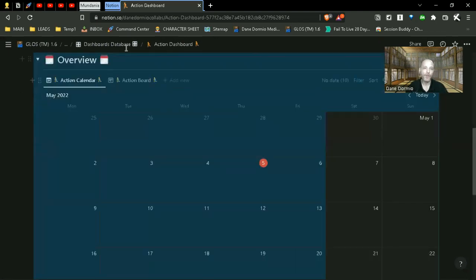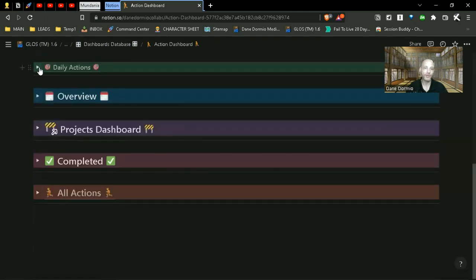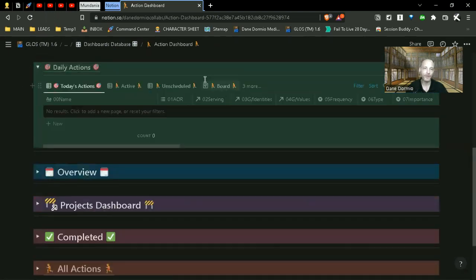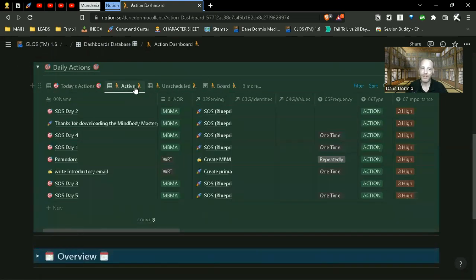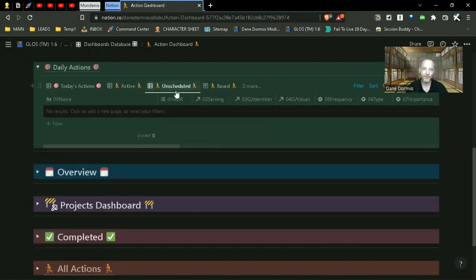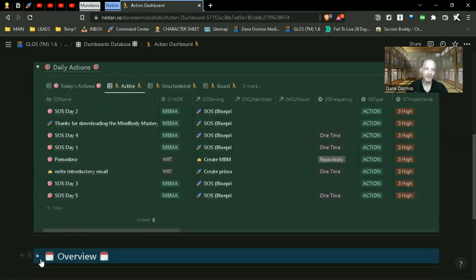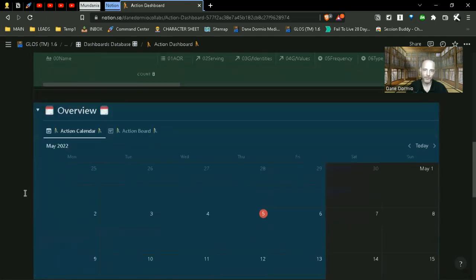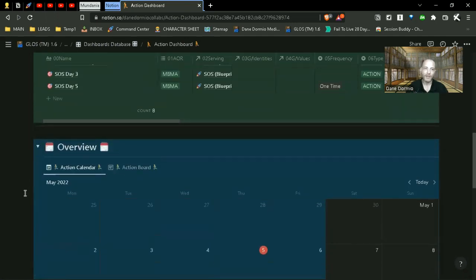And then once we have designated actions, they will show up here in our actions view, and we can see the actions that are designated active to take action on. We can see actions that are unscheduled, that do not have a date to be done. And we can see actions that are scheduled for today. And for actions that need a date to be done, we can look at a calendar view, and we can easily drag them onto the calendar view,